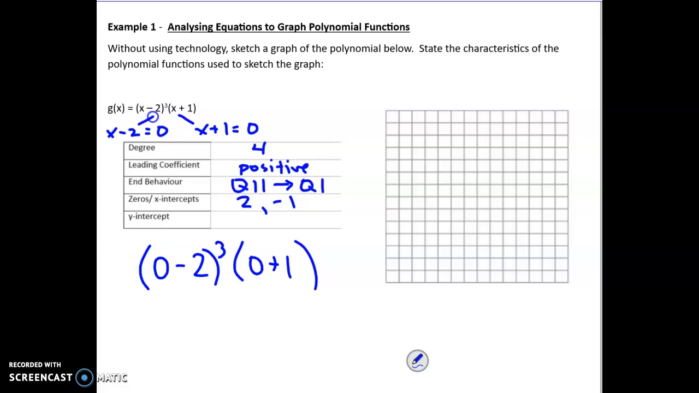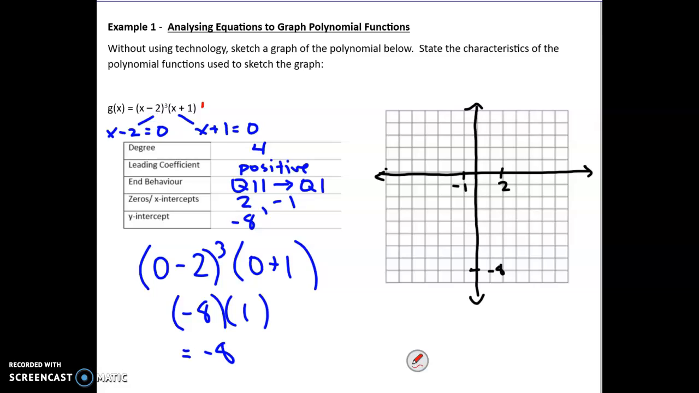So here we're going to have negative 2 cubed is negative 8 times 0 plus 1 is 1. So we're going to get negative 8 to be my y-intercept. So just like before, you always find a y-intercept by setting the x to 0. All right, so then all we need to do is actually graph